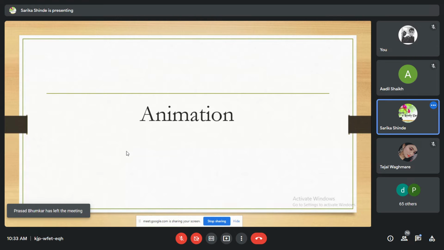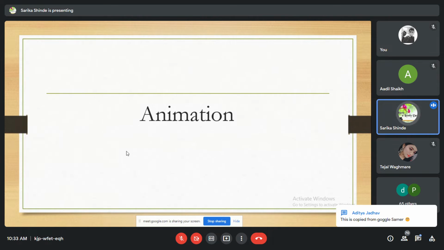Okay, the animation is achieved by displaying successive frames with minor differences. Near identical frames are displayed at a certain rate, which creates the illusion of animation in the scene.